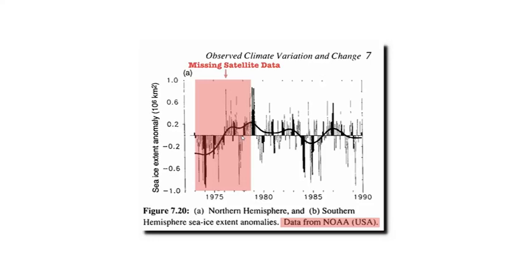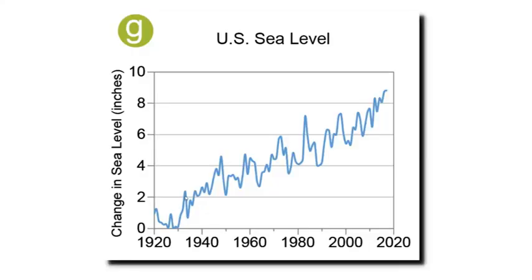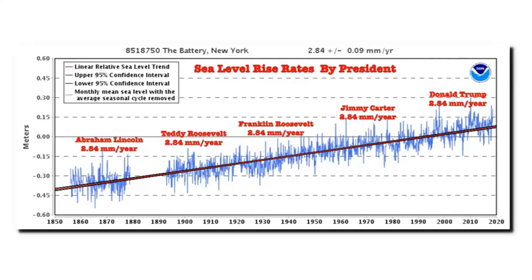Here's one more graphic showing U.S. sea level rising over the past century, as if sea level around the U.S. could somehow be different than it is in the rest of the world. So now let's look at what they're hiding. Sea level has been rising at the same rate for thousands of years. This graph from NOAA is made from data from the tide gauge at Lower Manhattan. It shows that sea level has been rising at a steady rate since the middle of the 19th century.